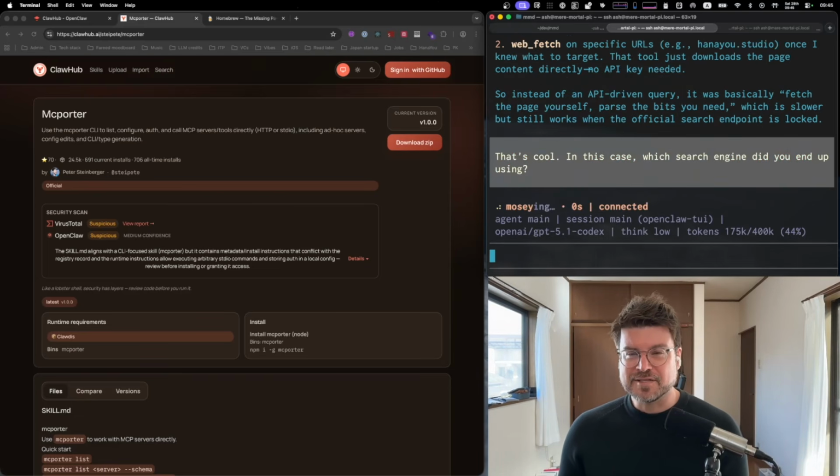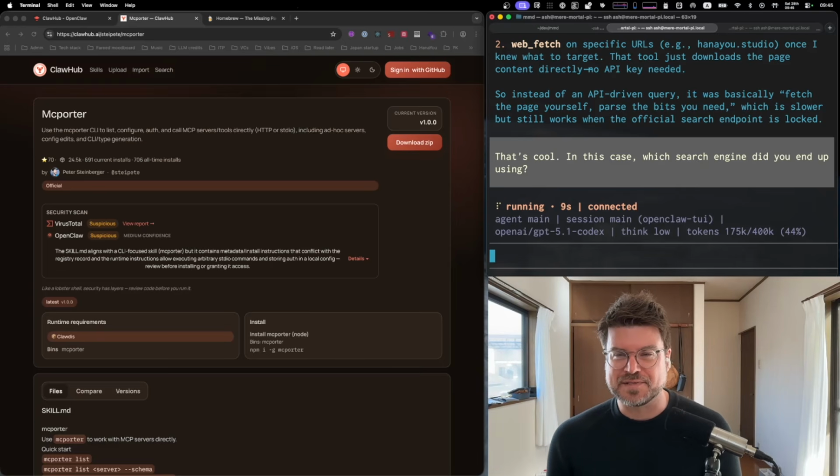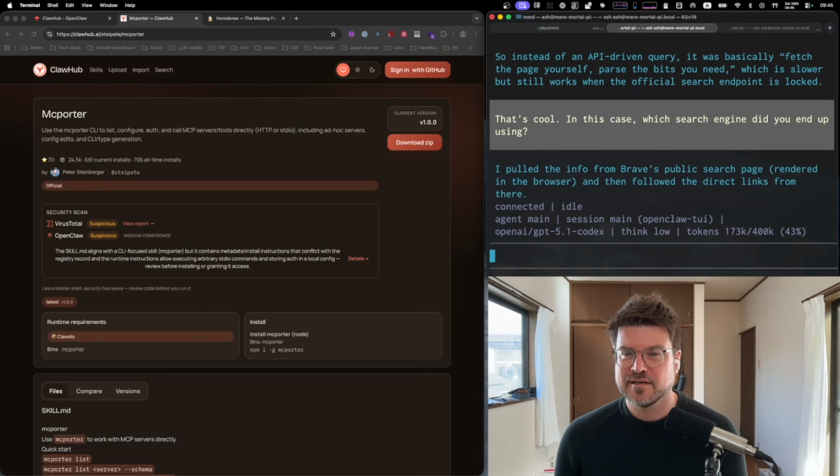I found that response was interesting, right? It was kind of vague and spoke in generalities about the shape of its approach, but without actually saying specifically, here's the thing I did. It says, "I pulled the info from Brave's public search page, rendered in the browser, and then followed direct links from there." Okay, cool. So in other words, we had to ask it to do a little bit of thinking